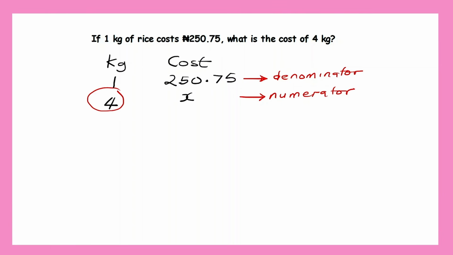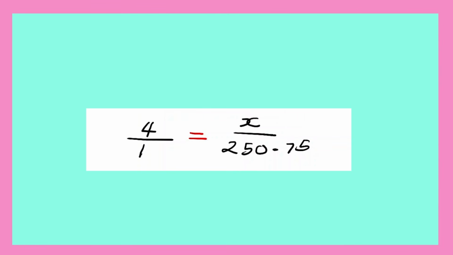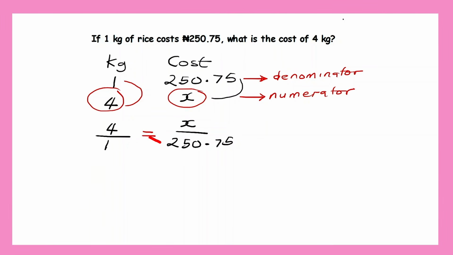Because I'm using this as my numerator, I'm going to be having 4 over 1 equal to X over 250.75. Now, by the principle of cross multiply, this will go over here, so we're going to be having 4 times 250.75 over 1 is equal to